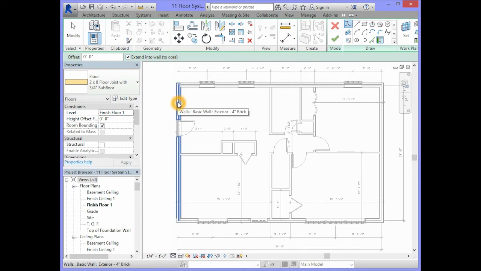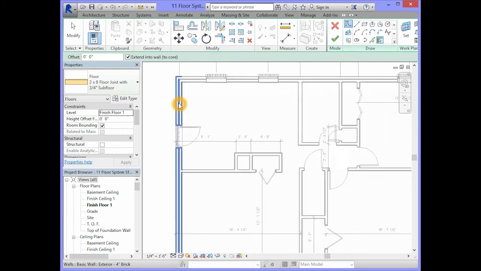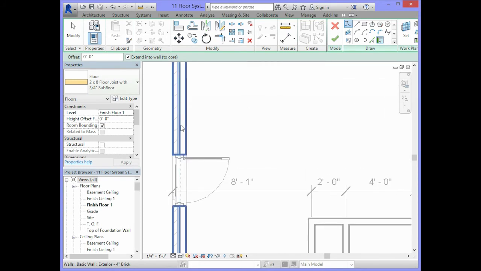Bring your cursor into the model and select the exterior wall. So when you make your selection on the wall, make sure that this green dotted line lines up with the face of the stud that is closest to the exterior of the wall. So you will select this wall,